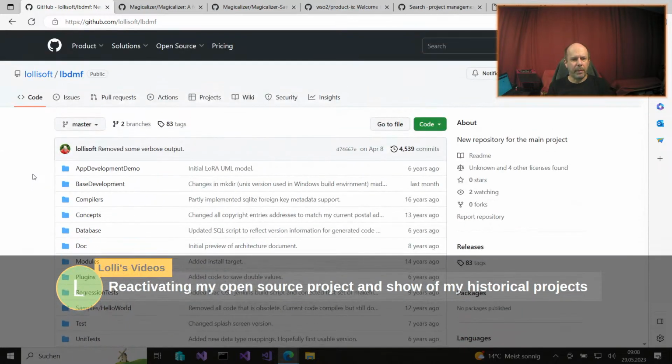I got some problems with the migration from CVS, which SourceForge stopped supporting some years ago, and this was the next showstopper for me to be able to develop further.